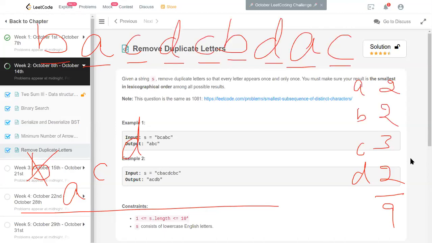So now we have the next letter B. B, earlier we chose that, but we already removed it. So that's why it's as good as we don't have it now. So I'm going to try to make a choice again. But look at this. This is the last occurrence of B. We have to choose this one.